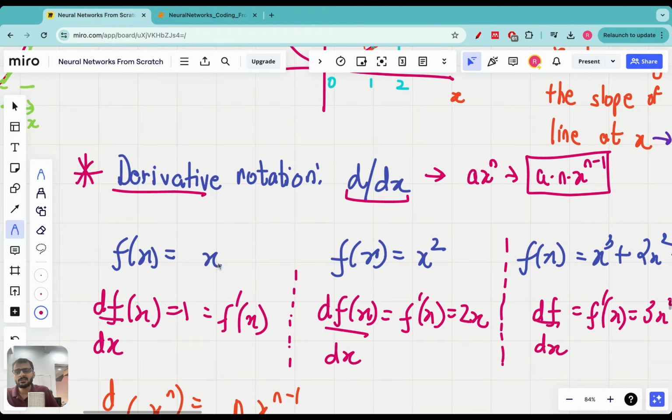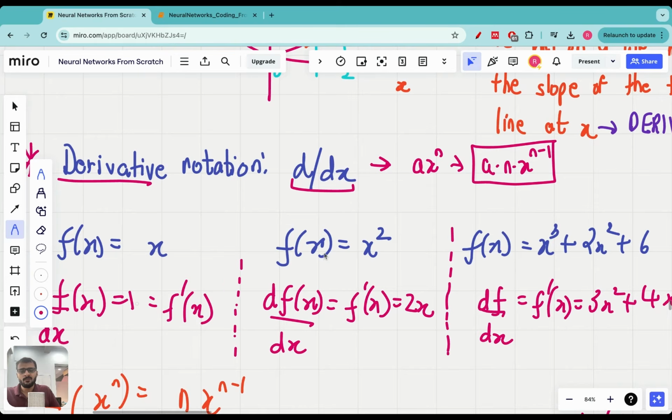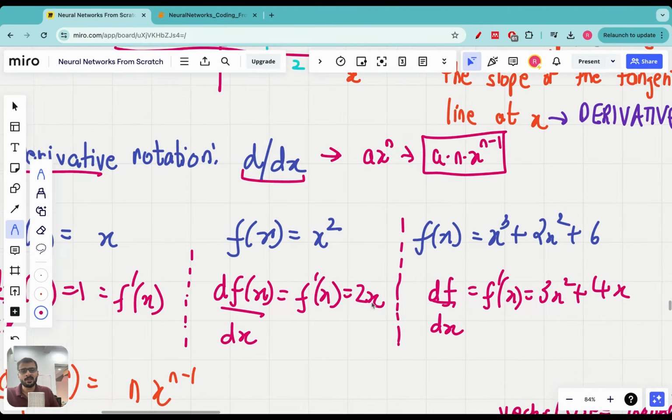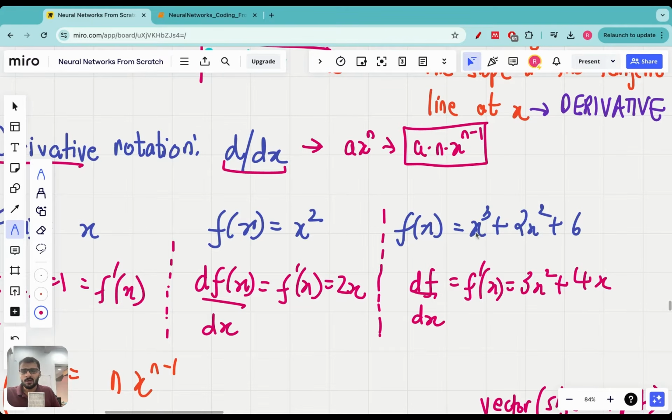So if you have x, then its derivative will be given by 1 into x raised to 0, which is 1. If you have a function x square, its derivative will be given by 2x. If you have a function x cube plus 2x square plus 6, its derivative will be given as 3x square